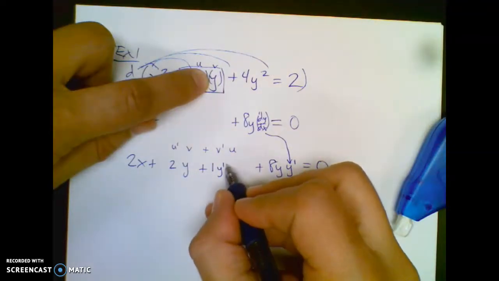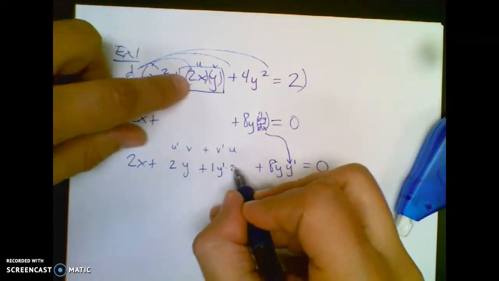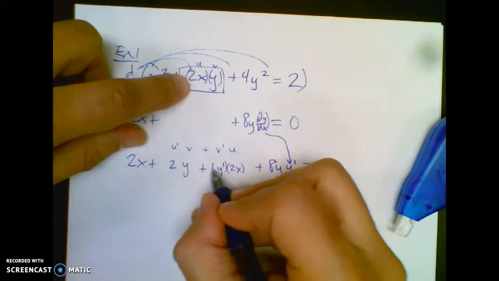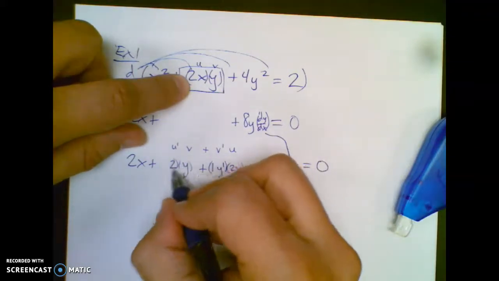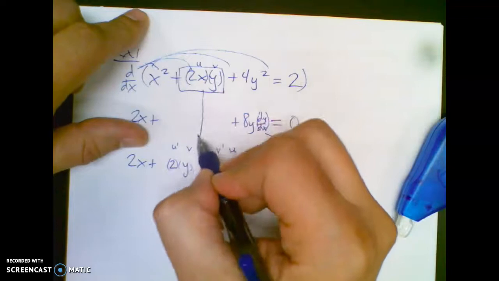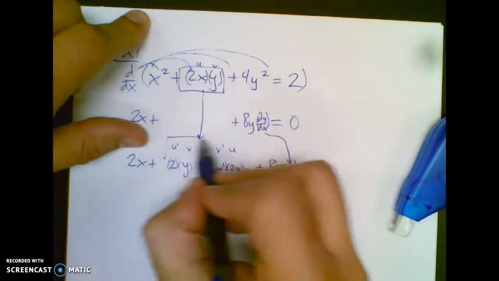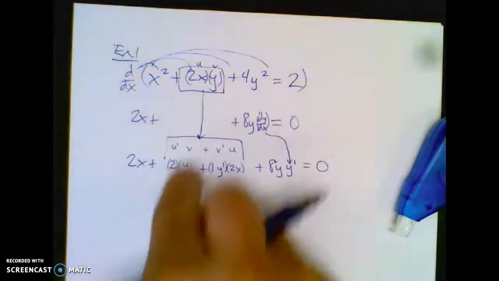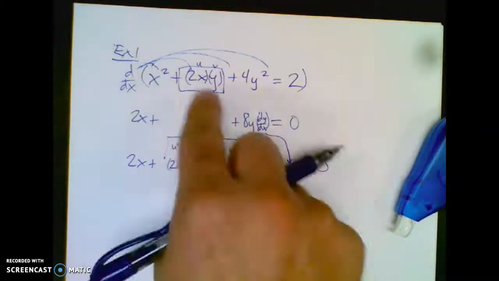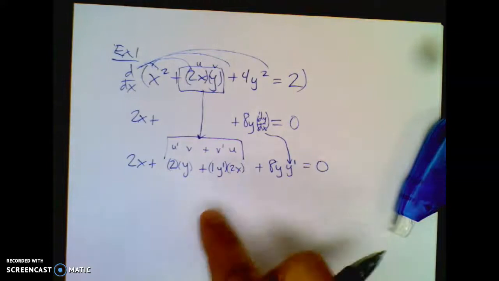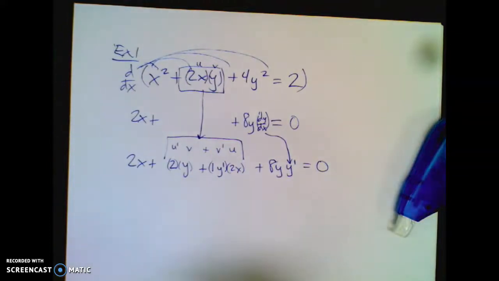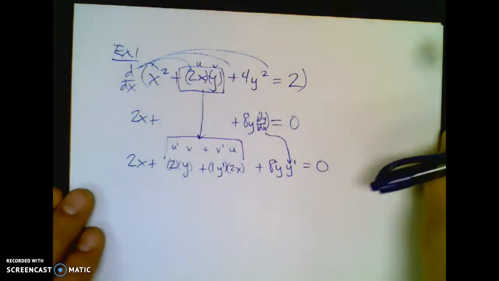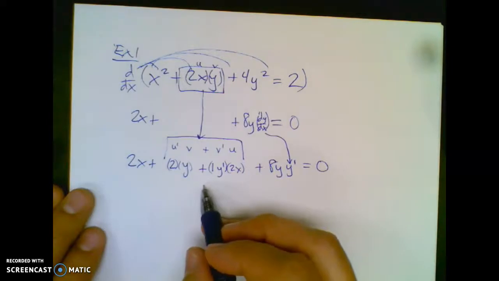And then times u, which is 2x. So basically, this guy breaks down into this whole thing here. Okay, it's u prime v plus v prime u. And you just got to pay the penalty if the letters don't match, is how you want to think of it. Okay, so we get to finishing this problem off, and you're like, what the heck am I supposed to